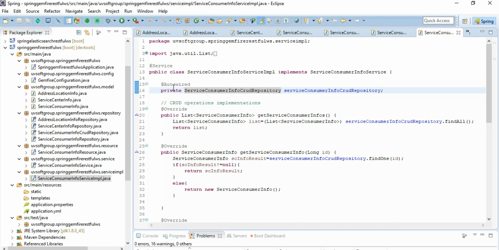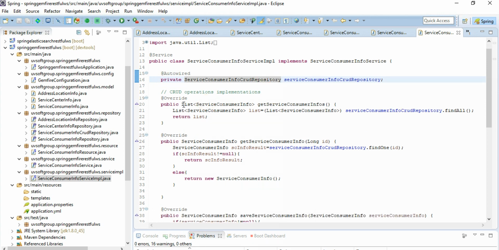So Autowire, as I said, for those who are new, just Google it and get the idea of what I mean. You annotate the service, and we Autowire our custom repository that we defined, and the interface implementation simply calls the repository find all, find one. So you see the find all method, so we get all the existing record information from your backend database. In this case, Mongo